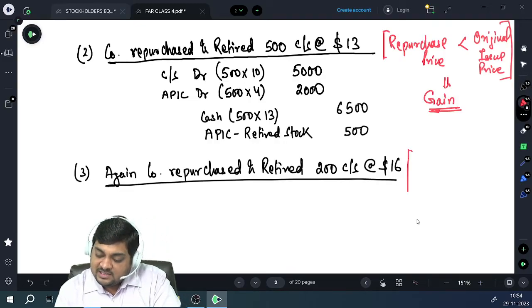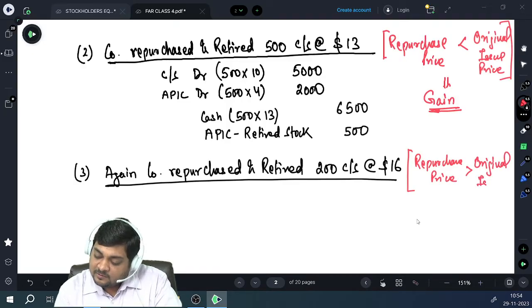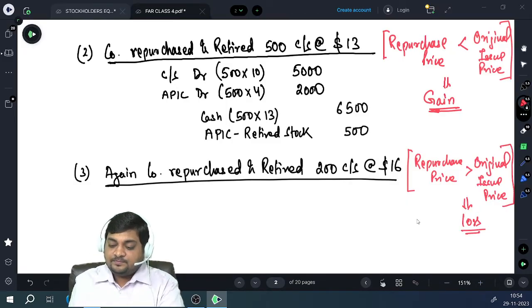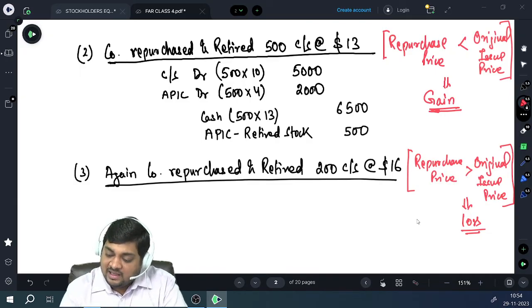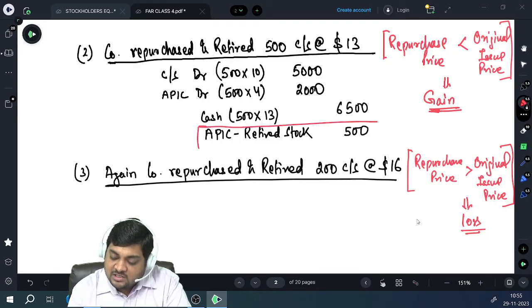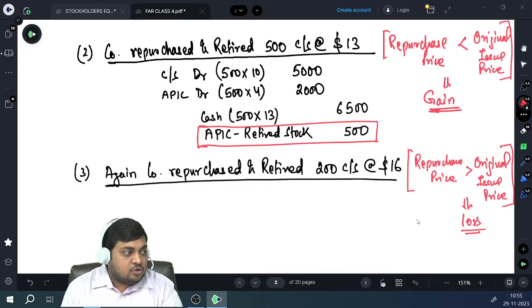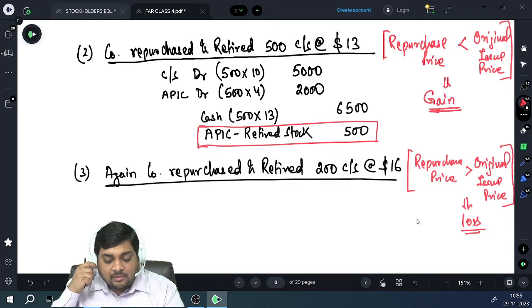Now out here you can easily see that the repurchase price is more than the original issue price. So here it's a kind of loss. Now previously you had a gain which you transferred to additional paid in capital retired stock, right? So to that extent, we will debit additional paid in capital retired stock, and the remaining, if any, will be debited